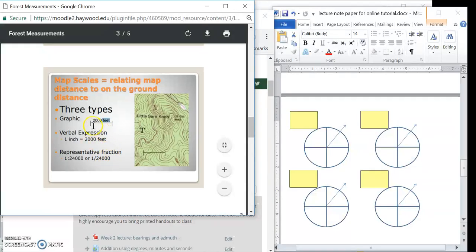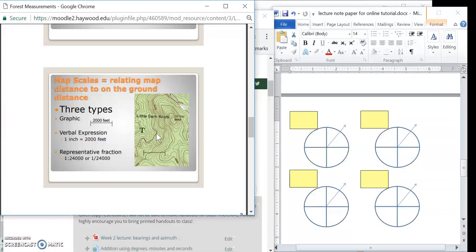I brought out in lecture that if I have a scale bar on a map, like in that picture right there, and I have the units written down there, let's say 2,000 feet, and I put it on the copy machine and blow it up or make it smaller, that scale relationship still exists because it's a graphic. That graphic is part of the image, and so as the image gets larger, so does the graphic. So that's the only one of these 3 scales that you could put on a copy machine and make larger or smaller, and it'll maintain the same relationship. The other 2 are written out